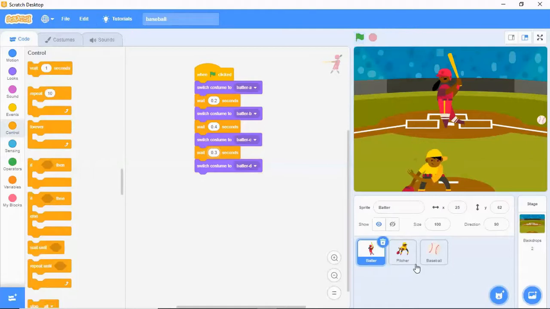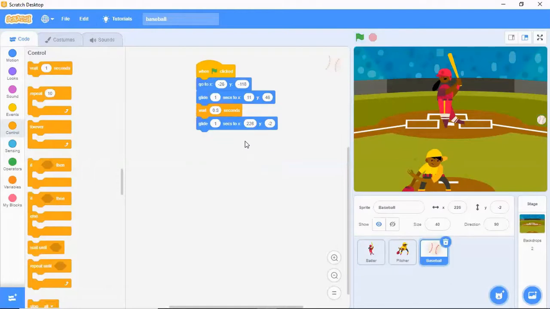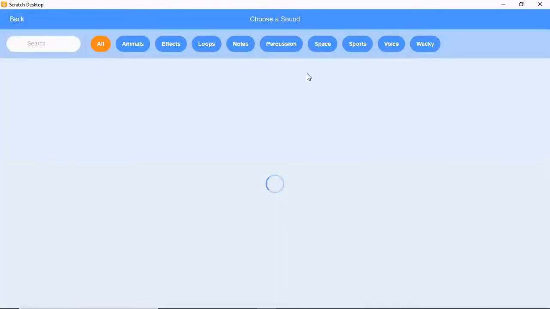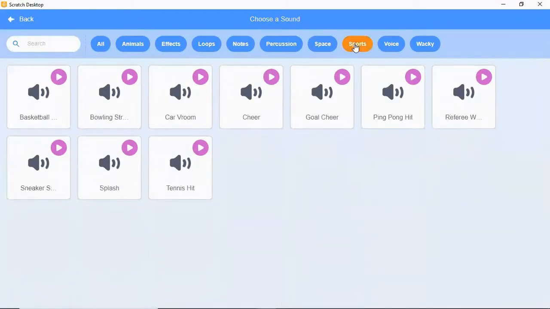Okay, first before that, let me add sound. I'll go to sound. And then after adding the sound, I will adjust the wait time. Library, sports. So I will use this here.